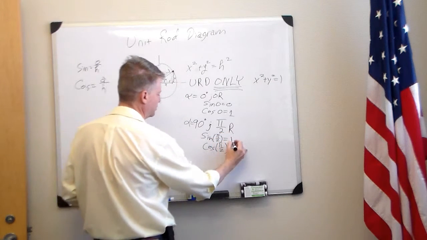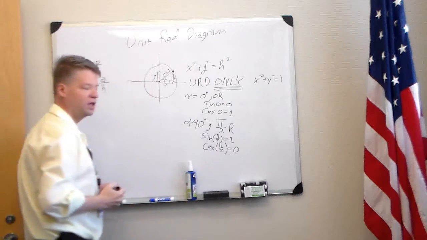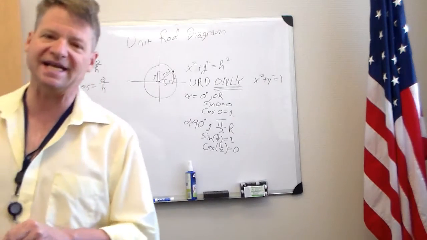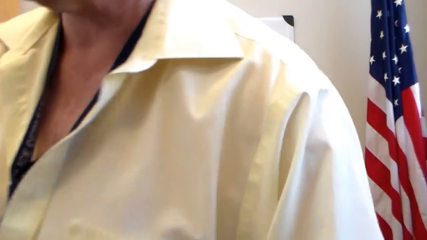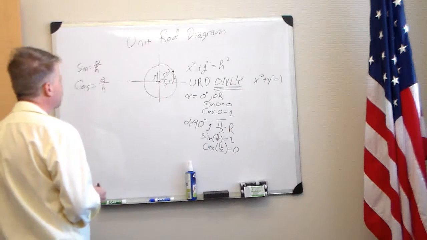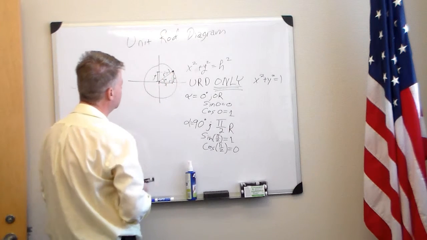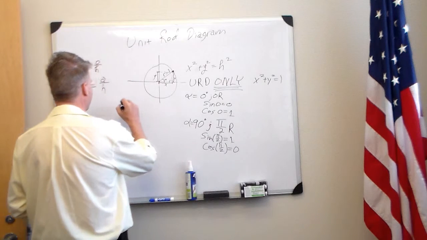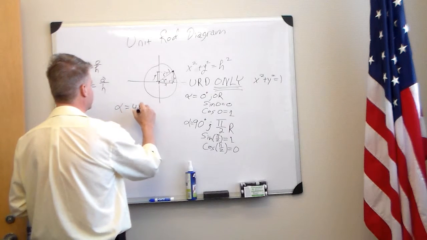And that's going to be equal to 1. The book goes on to plot this the way that I did last week. So we're done. That's fine. There's one other angle that you should be aware of. Pi over 4, or 45 degrees, which is actually kind of close to how I drew it here. If alpha equals 45 degrees,